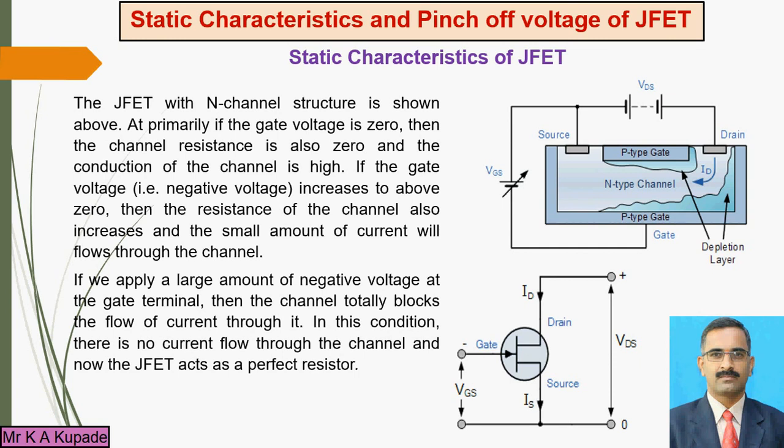That is the thing. As I am increasing the VDS voltage, the entire current, that is, the majority carriers from source to drain, are entering through the source and exiting through the drain terminal. That means the entire current is passing through the channel. You can see that the maximum amount of current is flowing.